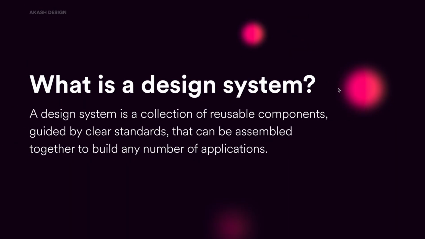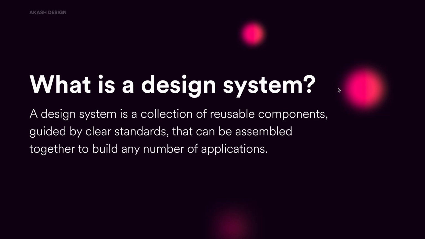So let's first understand what exactly is a design system. By definition, a design system is a collection of reusable components. And by reusable components, we mean really fundamental level of components like typography, color, interactions, UI components like buttons, checkboxes, etc. Guided by a clear set of standards or instructions that can be assembled together to build any number of